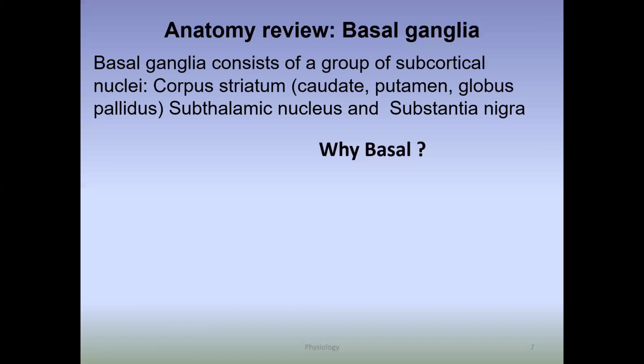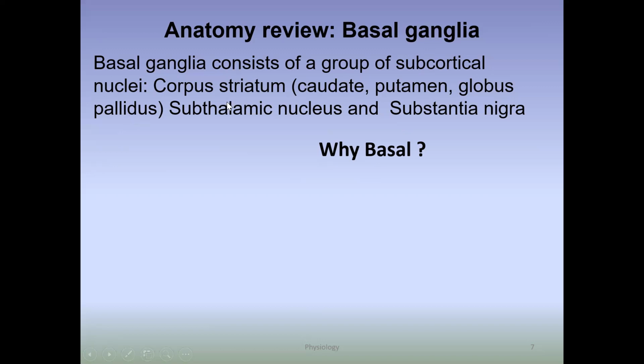Now, why is it called basal? The basal ganglia is nothing but a group of nuclei, a subcortical collection of nuclei, present in the basal portion of the forebrain. That's why it is called basal. Now, ganglia is actually a misnomer. You know what is meant by ganglion? A ganglion is a collection of neuronal mass present in the peripheral nervous system, while a collection of neuronal mass in the central nervous system is called nuclei. So actually ganglia is a misnomer. It is also called basal nuclei or subcortical collection of nuclei.